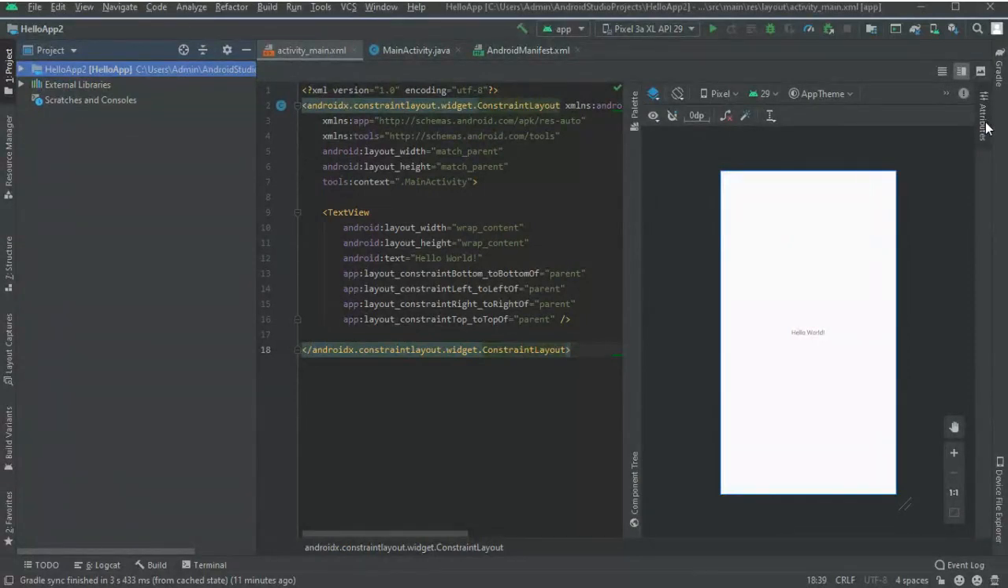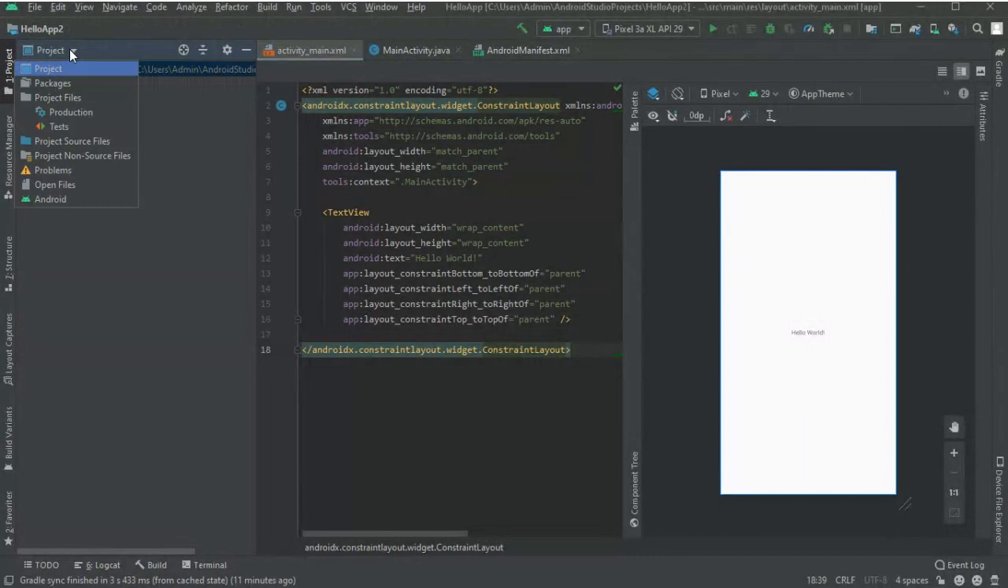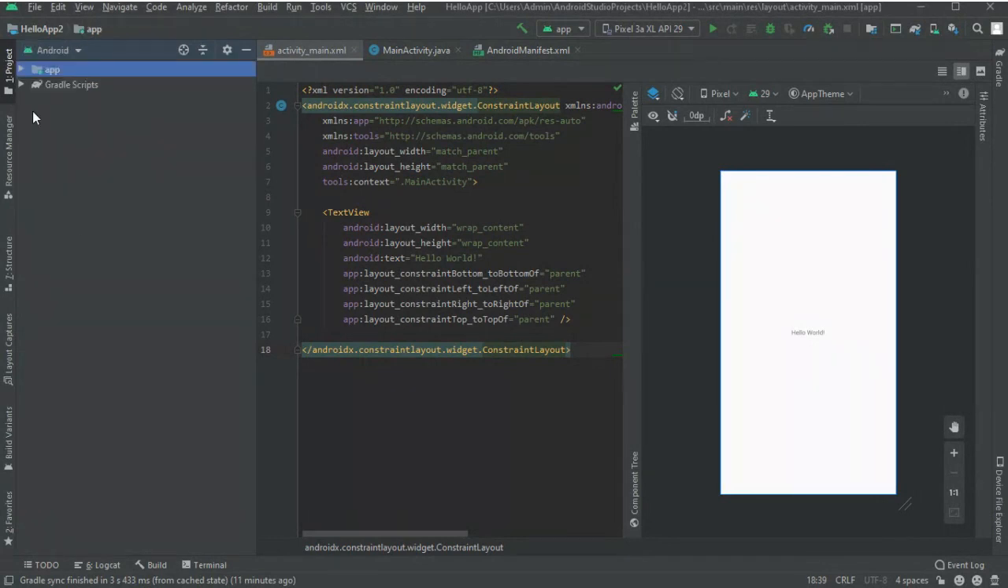But before that, we can look at what is contained in your project. If you show the project tool window, there is a drop down here, so you can select the different views of your project. For example, if you select Android, it will show you two folders where you have